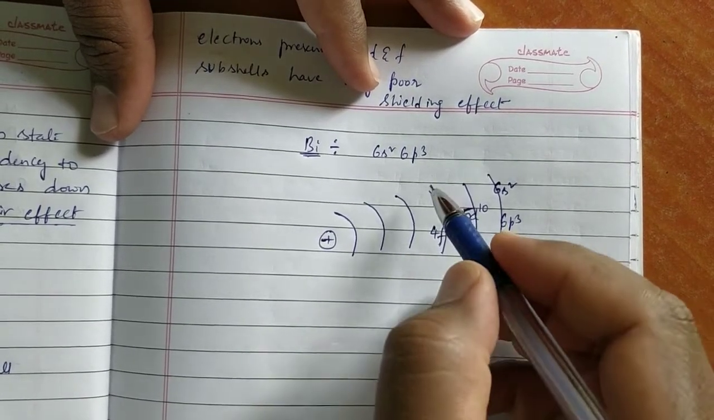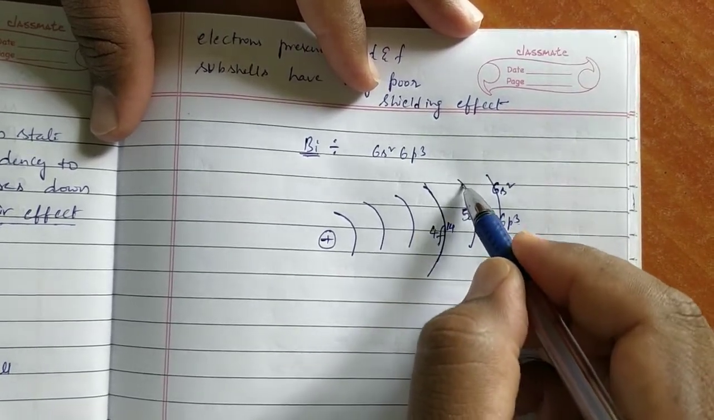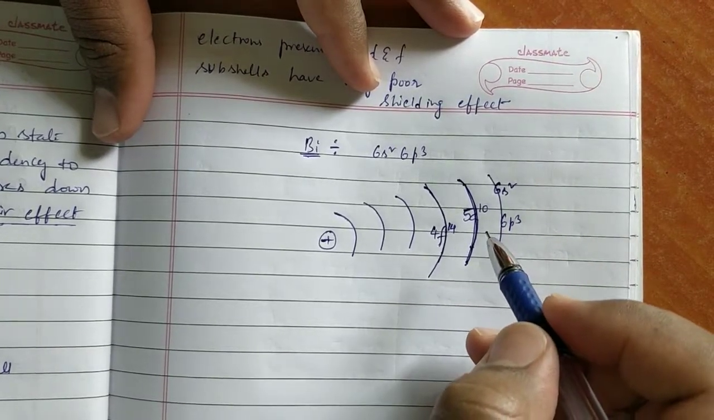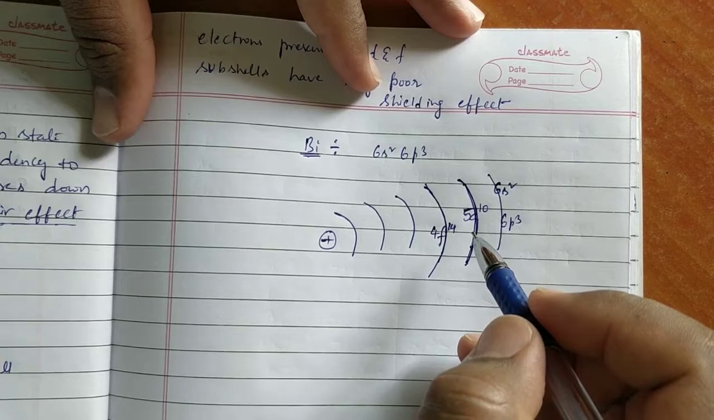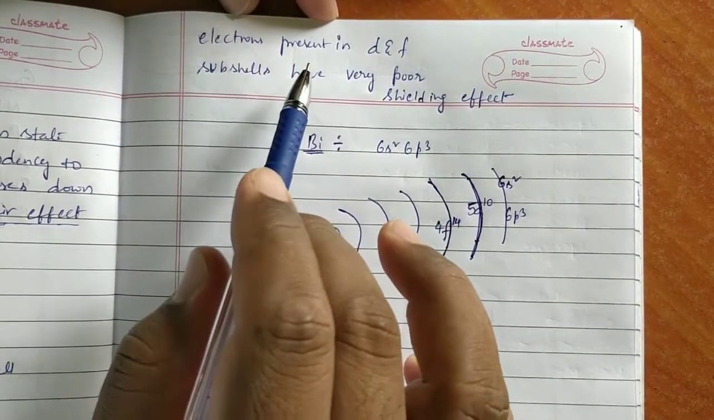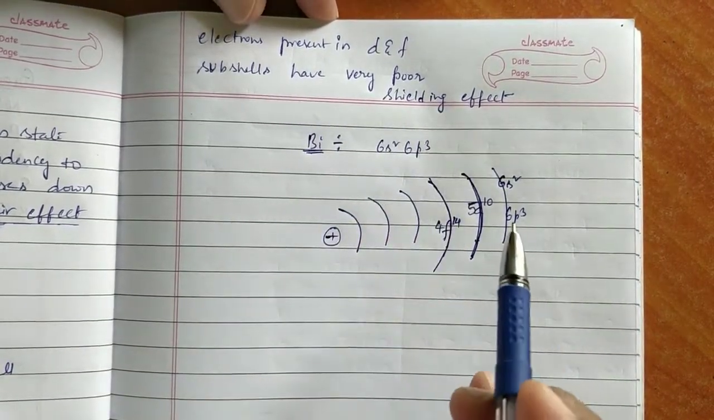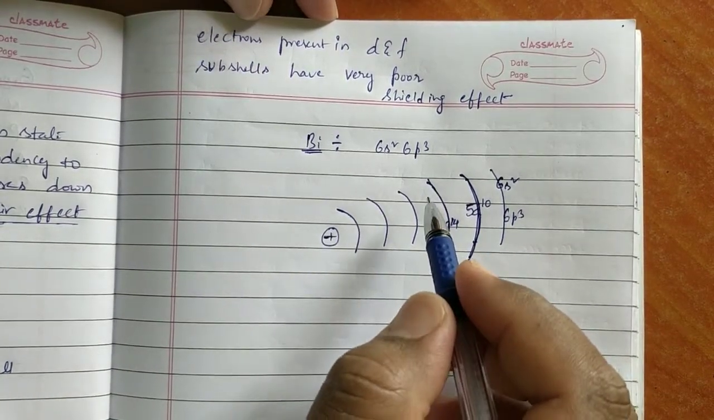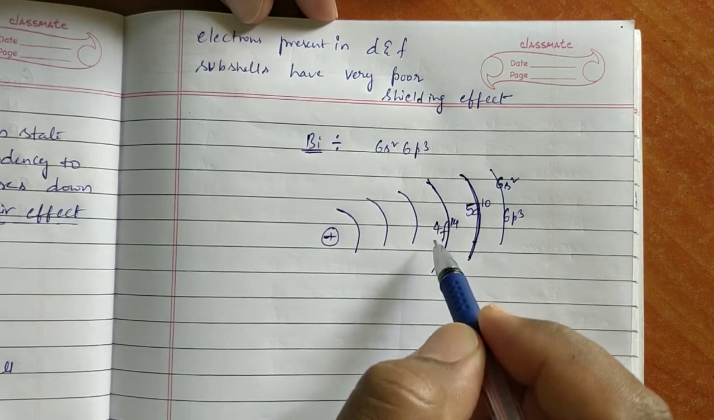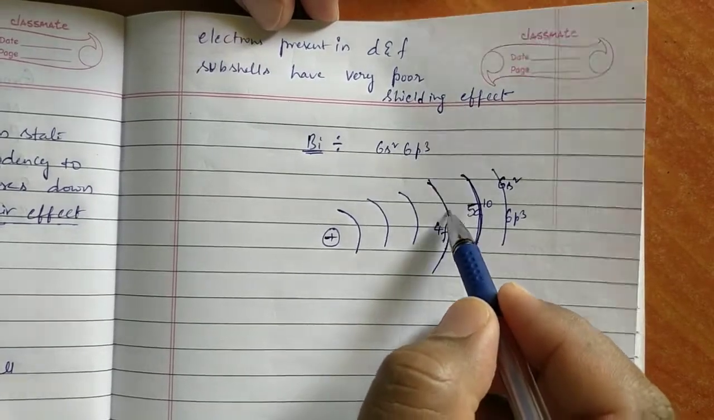Now let us observe. 4f electrons are present in the 4th shell and 5d electrons are present in the 5th shell. They have very poor shielding effect. That one only I told here. Electrons present in d and f subshells have very poor shielding effect. Even though the remaining shells have slight shielding effect, these electrons will play a major role because they are acting like inner electrons. So 4f14,